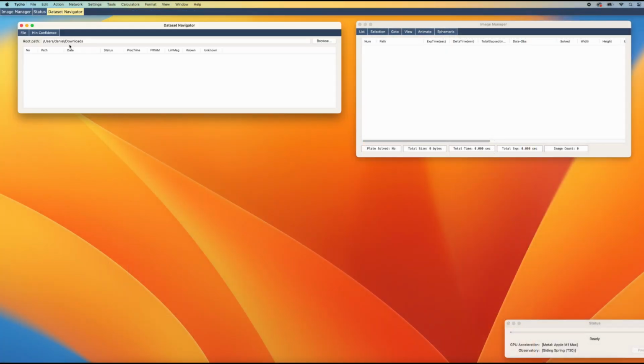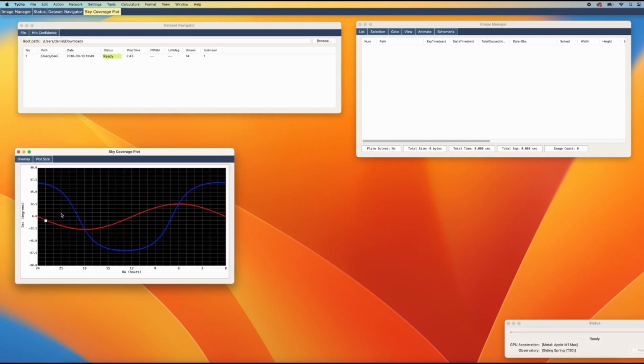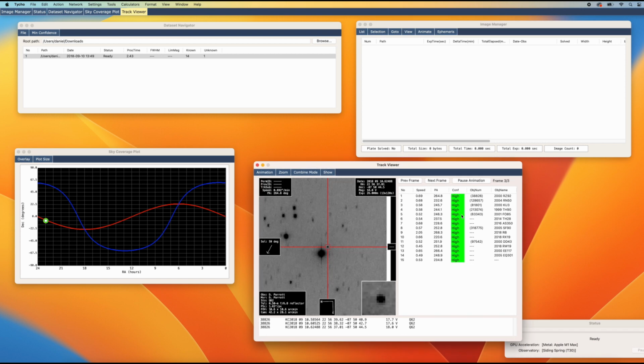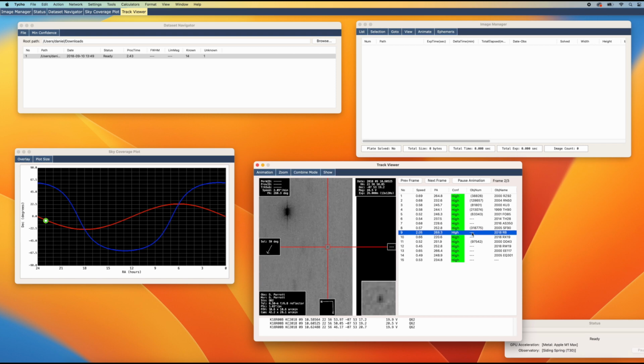Of course, one of the fundamental features of Tycho is the ability to not just identify already known objects, but to potentially discover new objects. So here, as you can see, Tycho on the Mac works just as well as it does on Windows, where it is very easy to scroll through a list of candidate detections and see if there might be a new